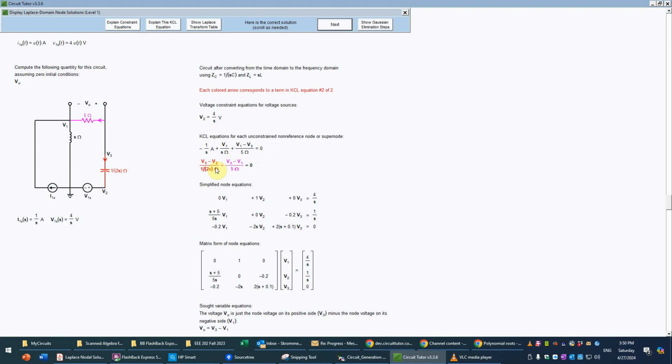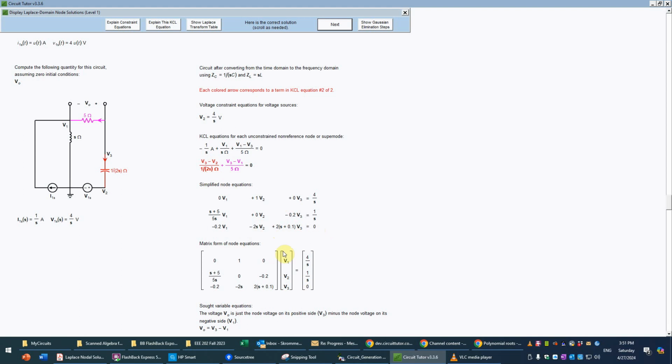And then the second one, we collect the coefficient of V1. That would be negative 1/5, or negative 0.2 times V1. And then for the V2, you see it's just going to be this term, so it's going to be minus 2S, since the reciprocal of the reciprocal, of course, just gives us back the 2S. And then for the V3, we have 2 terms, so we have 1/5, and then 2S V3. And factoring a common factor of 2 out of that, that gives us 2 times S plus 0.1 times